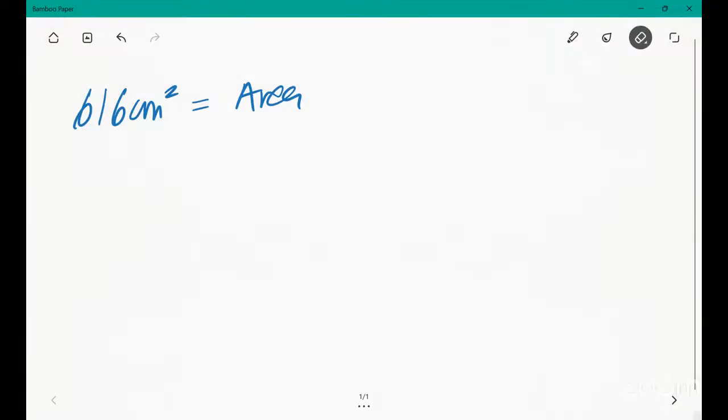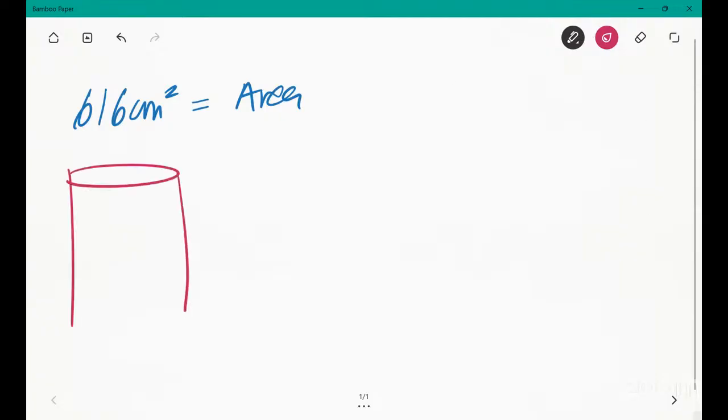Equal height. Find its radius. So volume is what? Here it's pi r squared h. A cylinder of equal height. So,